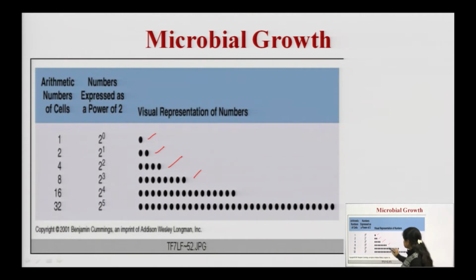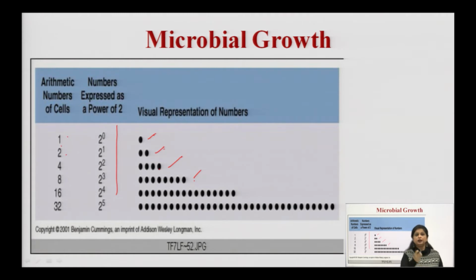As you can see even in this slide, one cell will divide into 2, and 2 cells will further divide into 4, and 4 cells will further divide into 8. From 1 you get 2, from 2 you get 4, and from 4 you get 8. In this way growth takes place within the nutrient media. So the exponential increase is there, as you can see in this column: 2 raised to power 0 generates 1 cell, 2 raised to power 1 gives 2, 2 raised to power 2 gives 4. In this way you will get the growth curve, that is, an increase in the number of microorganisms.